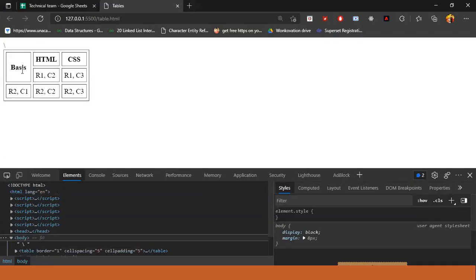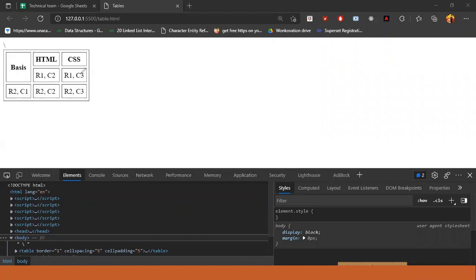See, rowspan has been put over this because rows are like this. If I want to remove this, I am going to put rowspan, because the merging of two rows is known as rowspan. The merging of two columns is colspan.